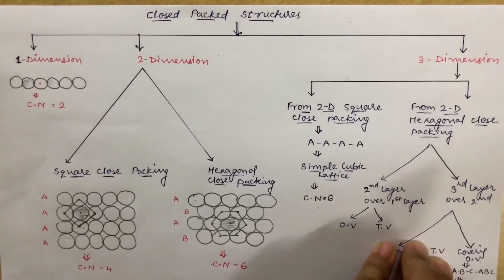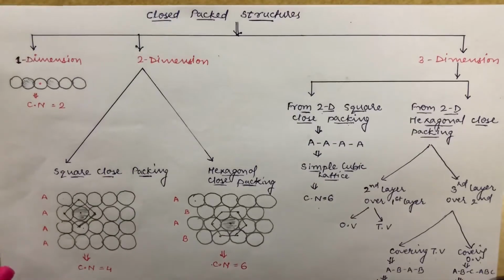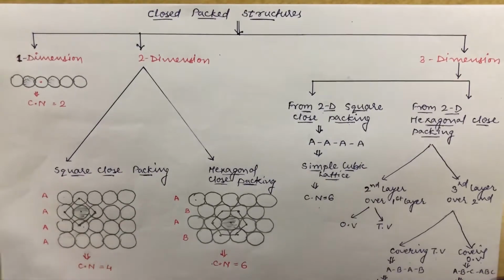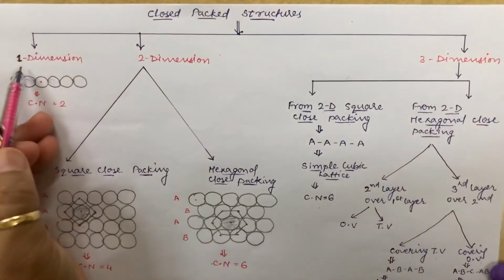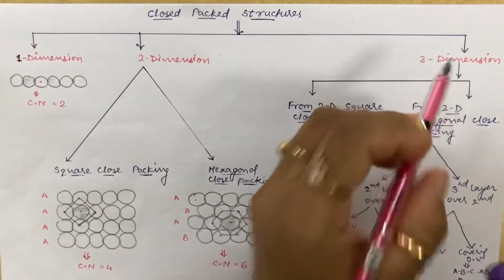So, till now you have been studying the solid chapter, where you are very well aware that it has constituent particles which are arranged in a close packed manner, leaving certain vacant spaces. So let us understand that the constituent particles are taken here as identical spheres, and let us see what are the possibilities in which they can be arranged. You can see that they can be arranged in 1 dimension, 2 dimension and 3 dimension.